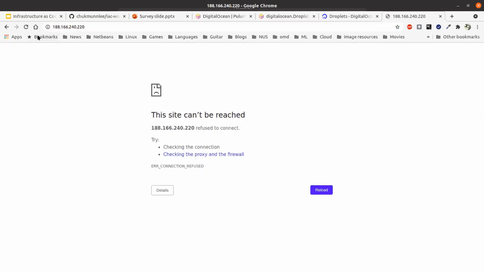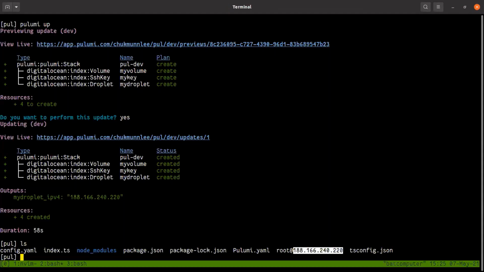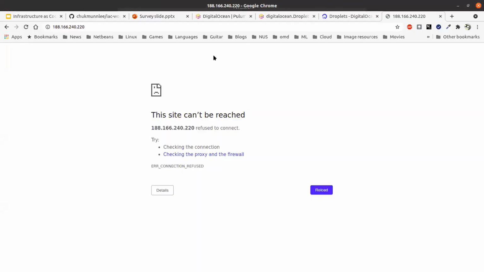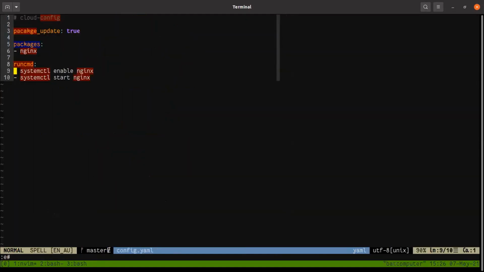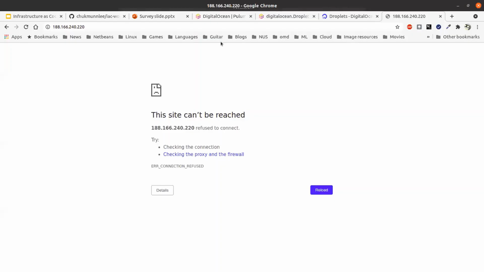I must have made a mistake. Okay, I made a mistake with my configuration. Anyway, I'm not going to fix it now. I'll fix it when I push it to the cloud. Somewhere in my config, I must have made an error. Anyway, it should work.